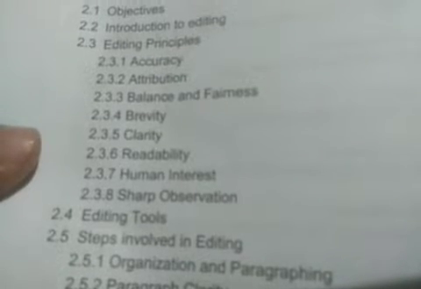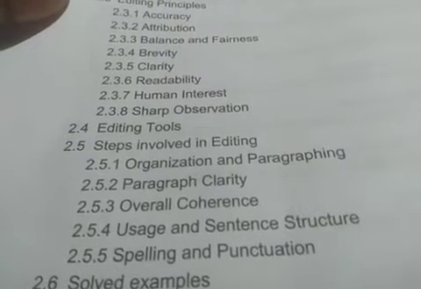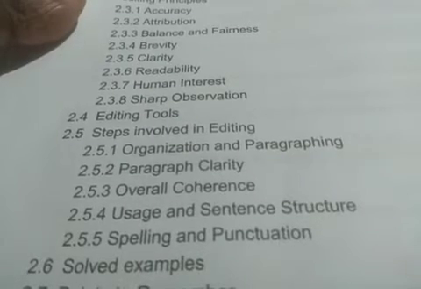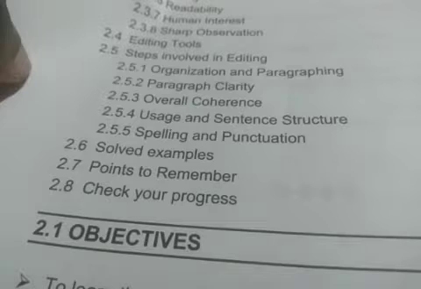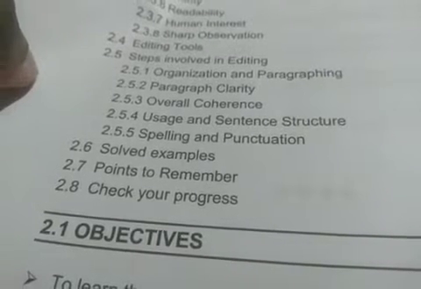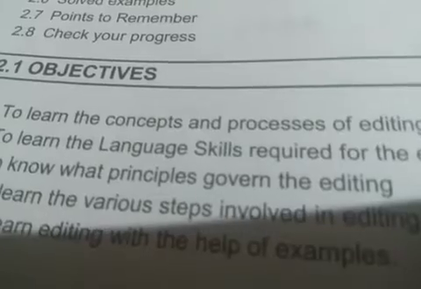Unit 2 Editing. Unit Structure: 2.1 Objectives, 2.2 Introduction to Editing, 2.3 Editing Principles, 2.3.1 Accuracy, 2.3.2 Attribution, 2.3.3 Balance and Fairness, 2.3.4 Brevity, 2.3.5 Clarity, 2.3.6 Readability, 2.3.7 Human Interest, 2.3.8 Self-Observation, 2.4 Editing Tools, 2.5 Steps involved in editing, 2.5.1 Organization and Paragraphing, 2.5.2 Paragraph Clarity, 2.5.3 Overall Coherence, 2.5.4 Usage and Sentence Structure, 2.5.5 Spelling and Punctuation, 2.6 Solved Examples, 2.7 Points